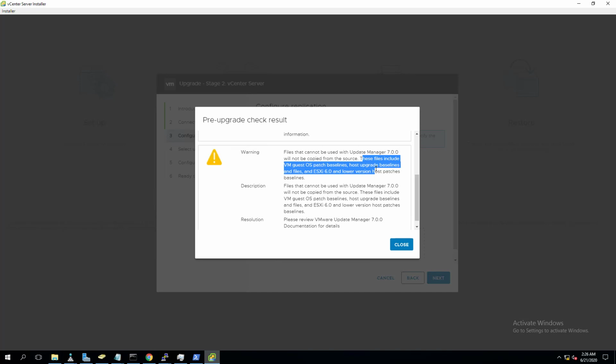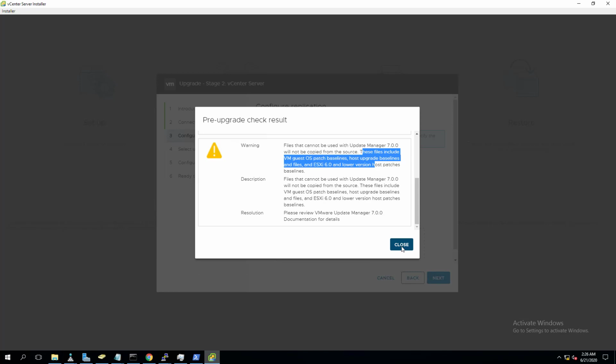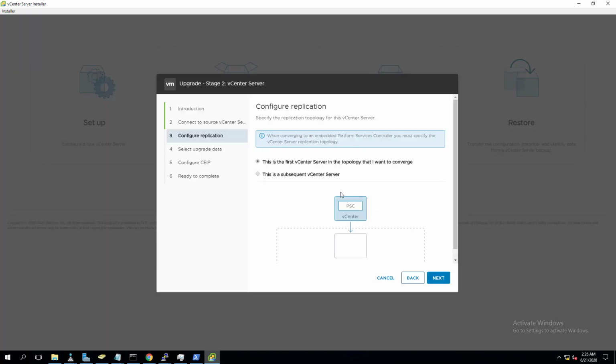They're telling us the host upgrade baselines and files cannot be used with Update Manager and will not be copied from the source. That is perfectly fine. Click on close. Okay, if this is the first vCenter Server in the topology which you want to convert, select the option.